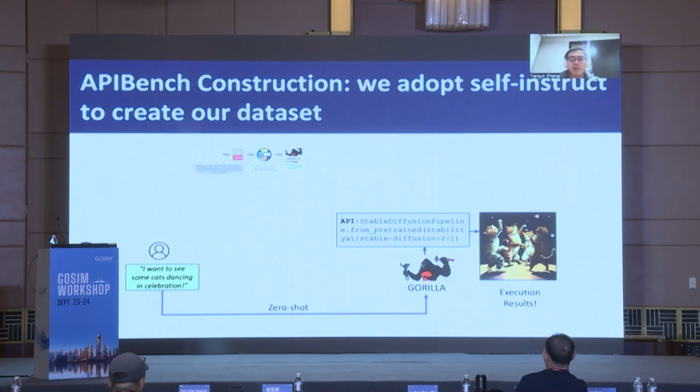So in the zero-shot version, the user directly says, I want to see some cats dancing in celebration. And I don't need any context here because my model is already fine-tuned on our dataset. Then the model directly generates API calls and execution results.